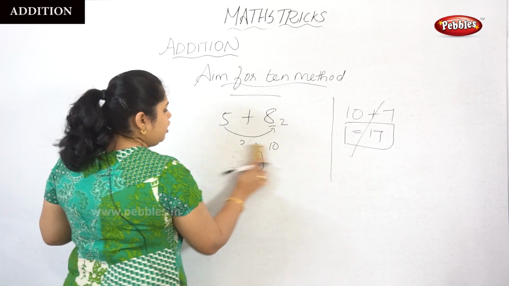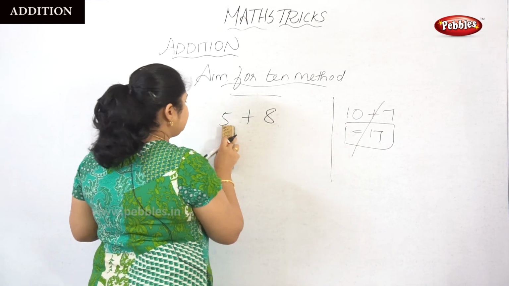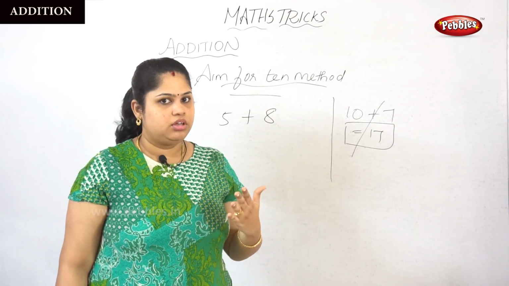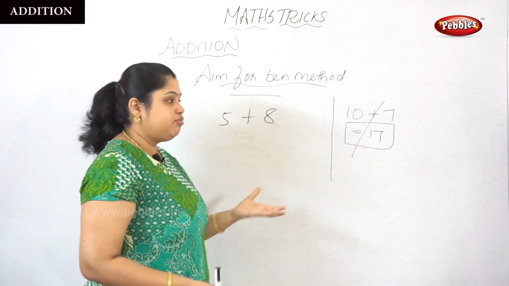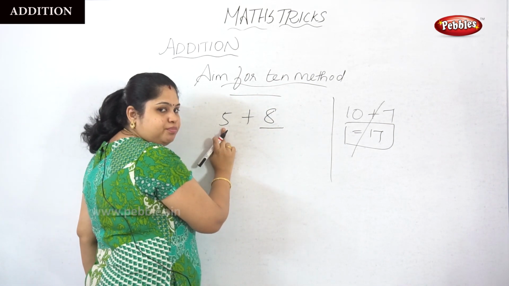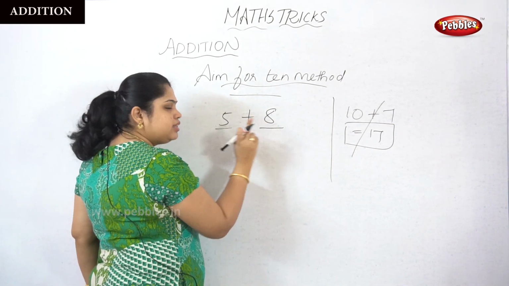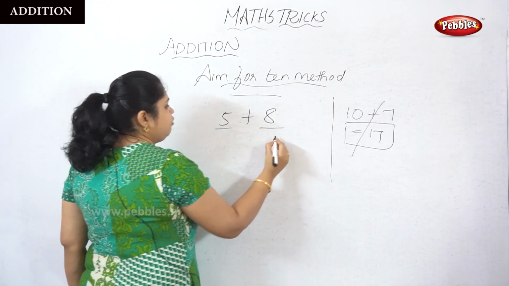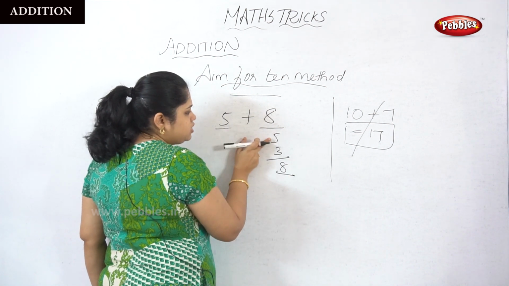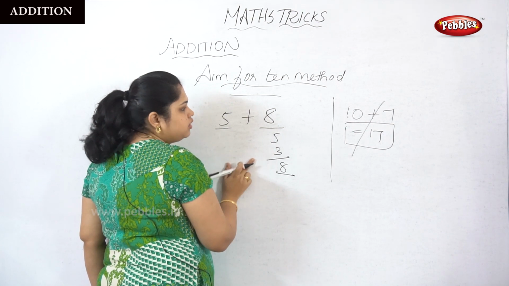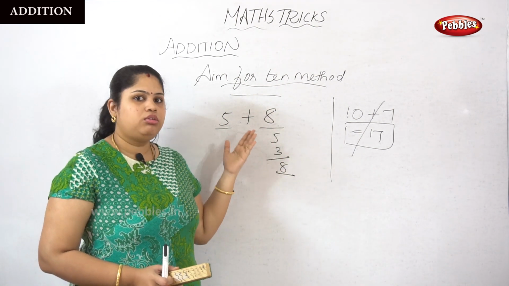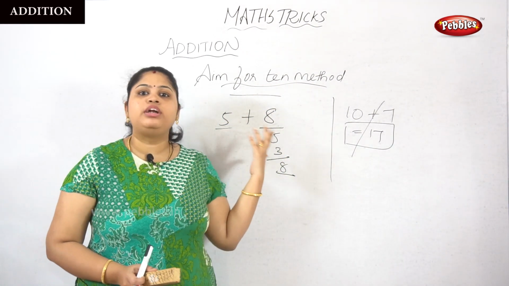For example, just see here. By seeing 5 plus 8, you do not need to count. Someone who is very well versed can split it like this also. So here is a 5, isn't it? The 5 is here. So the 8, does the 8 have a 5? Yes, 8 has a 5 and a 3. So 5 and 3 is 8. So 5 plus 5 is 10. So 10 plus 3 is 13.